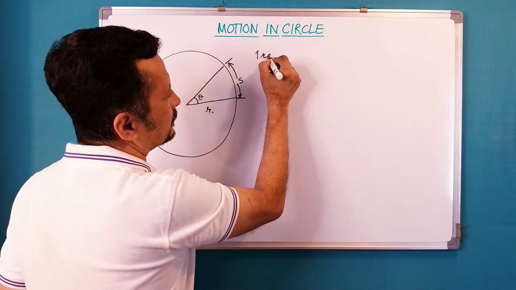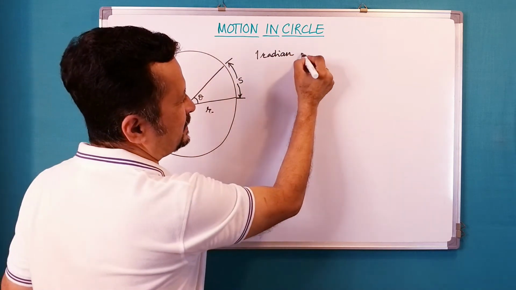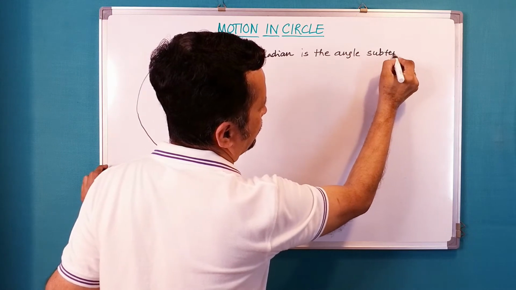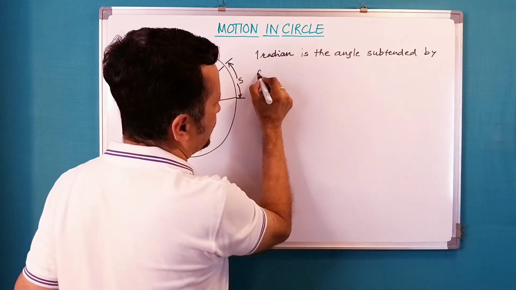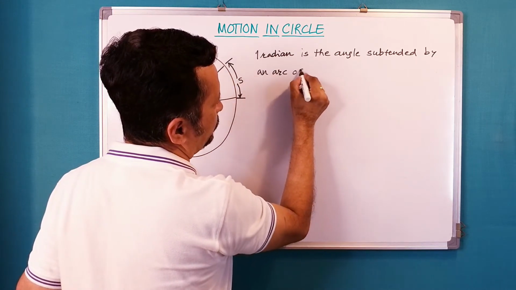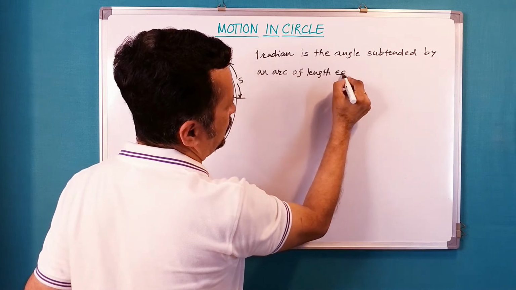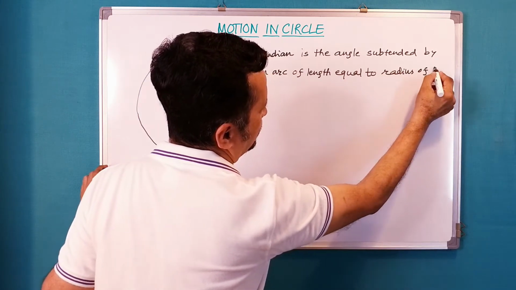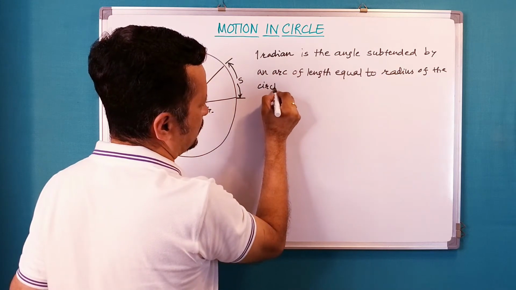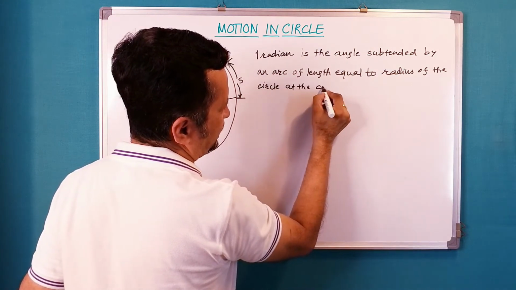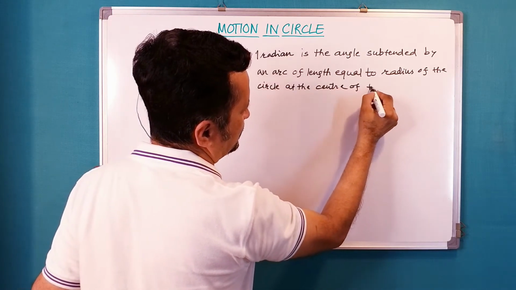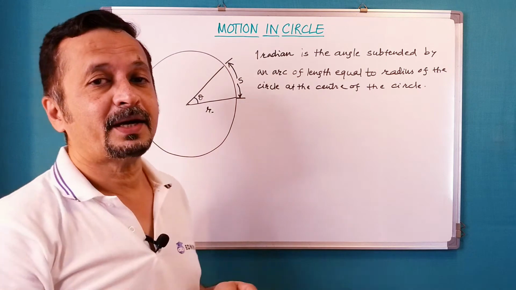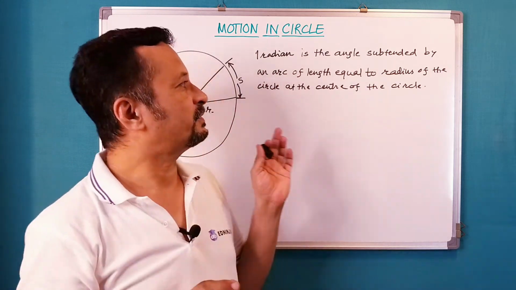1 radian angle is the angle subtended by an arc of length equal to radius of the circle at the center of the circle. 1 radian is the angle subtended by an arc of length equal to radius of the circle at the center